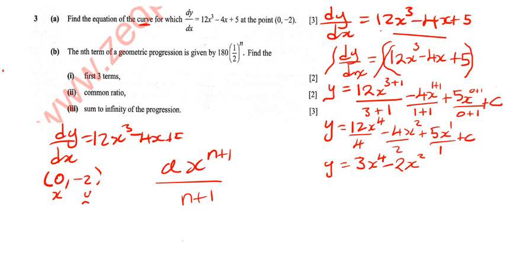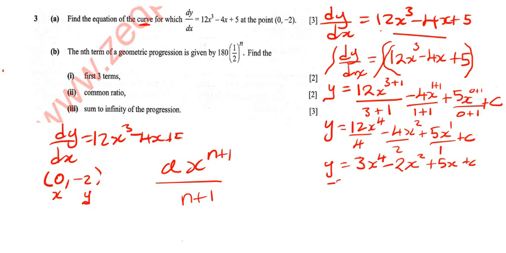1 into 5x to the power x and 1, it will be just positive 5x plus c. Now we have already been given the value of x and the value of y. Therefore we need to find this value of c. What was the value of c? So you say the value of y is